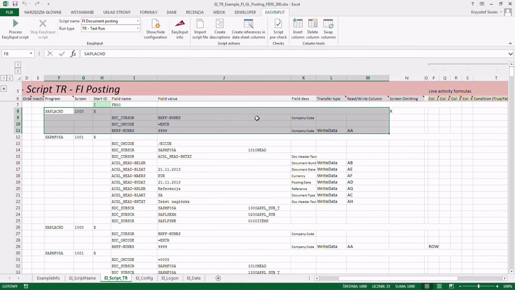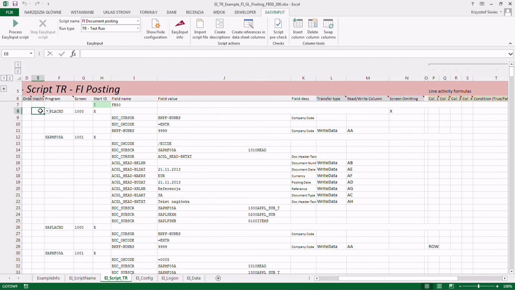So the screen omitting technique cannot be used during debugging. For the time being, I'll just inactivate that